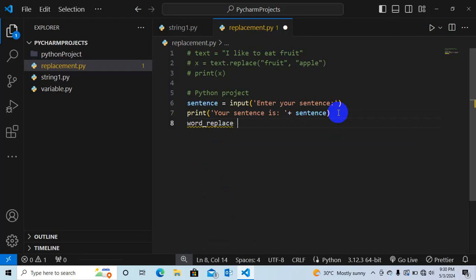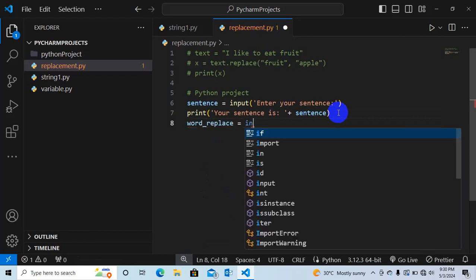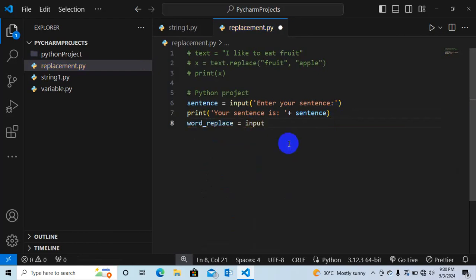They need to identify it. So we put input, and say, enter the word to replace.